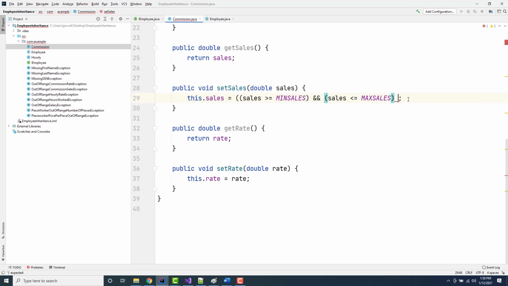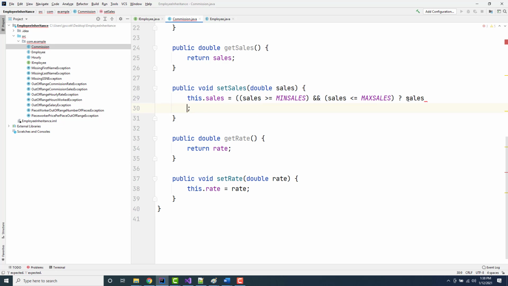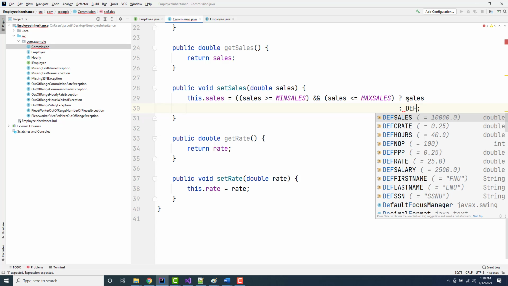All right, so I'm going to do it on two lines, but I'm going to do a question mark here, and I'll say S-A-L-E-S, sales. All right, and I'm going to go down to the next line. You don't have to do this, but I'm just doing it so you can see I don't run out of room. Colon, def sales,